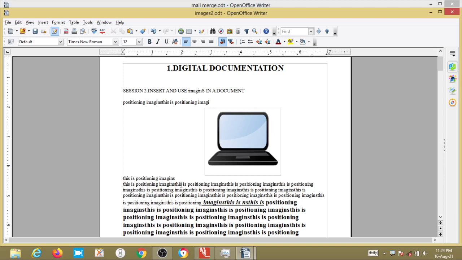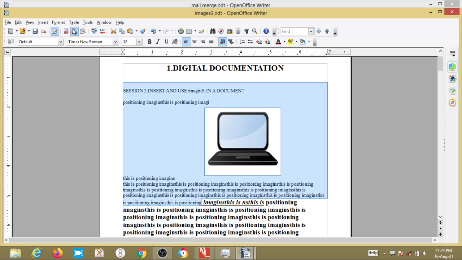Here the size of the text is 12 and the style of the text is Times New Roman. Whatever modifications or formatting we have made to the text has to be replaced with our default format, which already exists. How will we do it? We have to go to format, and in that we have to select default formatting. Clear, guys? I hope it is clear.